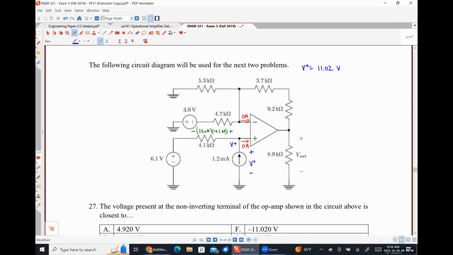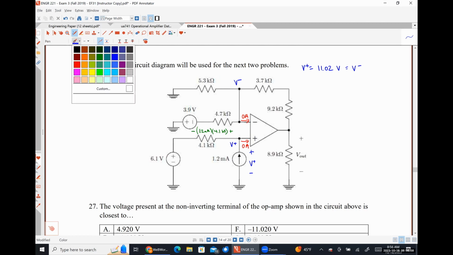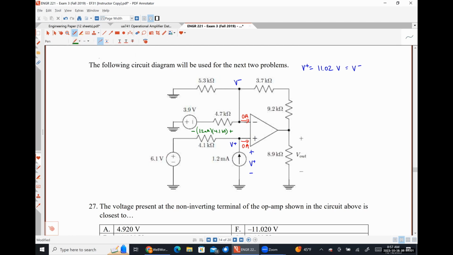All right, what do we do now? V minus is going to be literally the exact same voltage. So now we apply Kirchhoff's current law at the inverting input node. So that will be this current plus this current plus this current. So what's that KCL equation going to look like? Well, I'm going to be lazy because I would have had V minus stored in my calculator. Sorry, so that would look like V minus